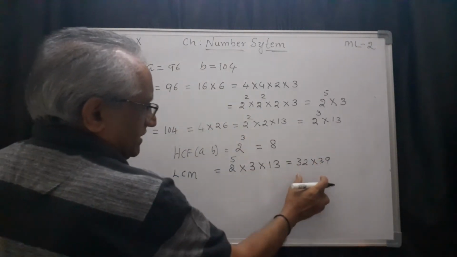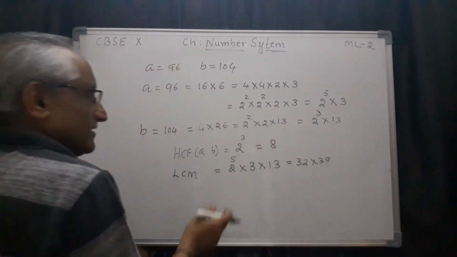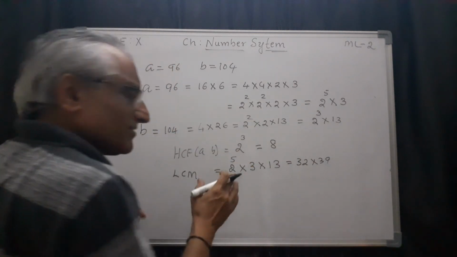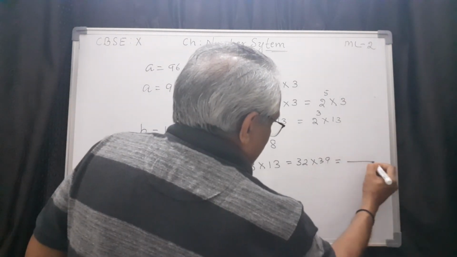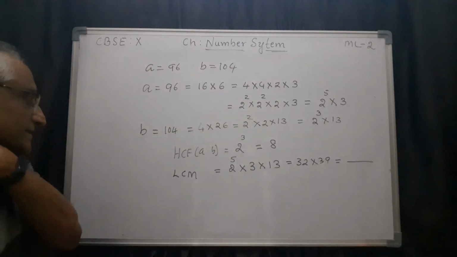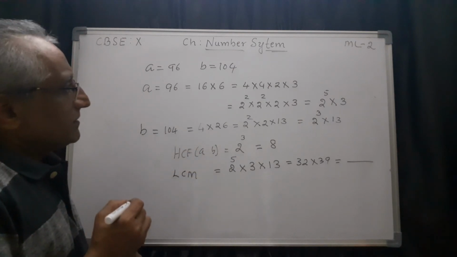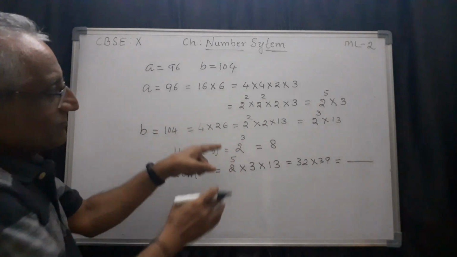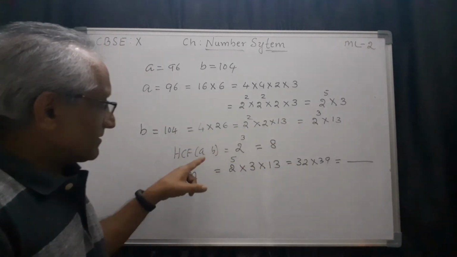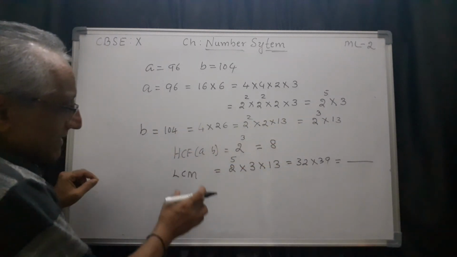Then of course this you multiply, this also you can multiply. Then you can check if you want. It is not necessary because that is a property. So this also you can multiply and find what is the number. So I don't want to do it here. So this is LCM, this is HCF. And you can also cross verify. If you are not convinced, you can cross verify whether the product of these two and product of these two are equal or not. That you can check here only.